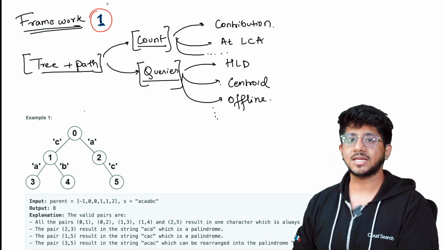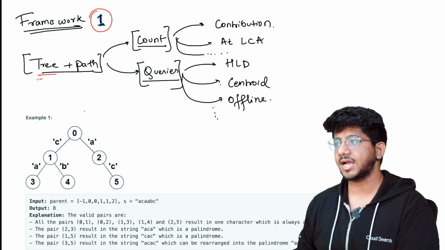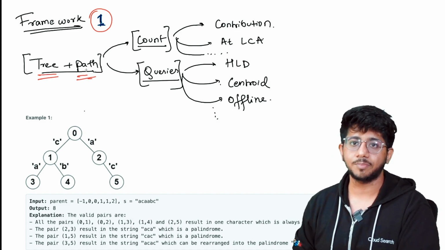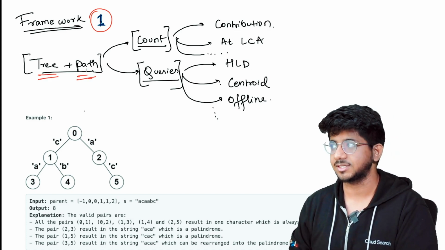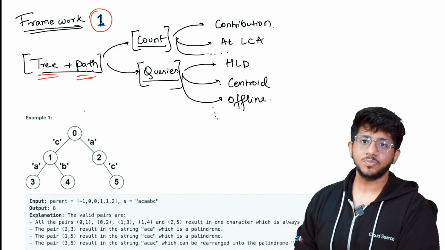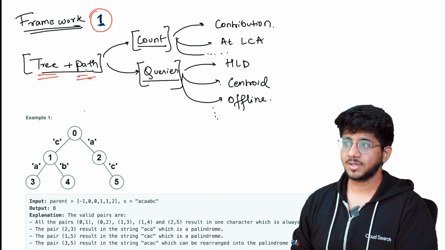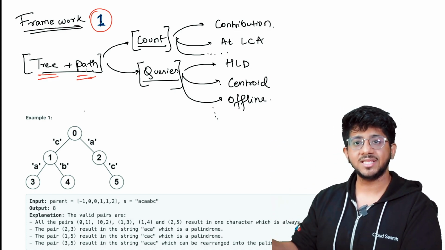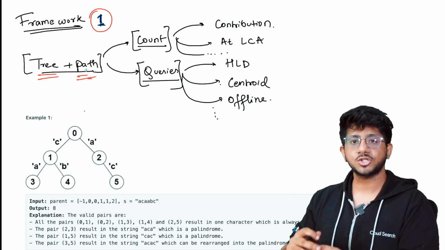The two words that I read are: there is a tree given to me and there is a path. I need to count paths, or the number of paths, in such cases, right? Now, there are two ways I can think about this. For every node, I can try to query the number of paths, or I can just try to count the